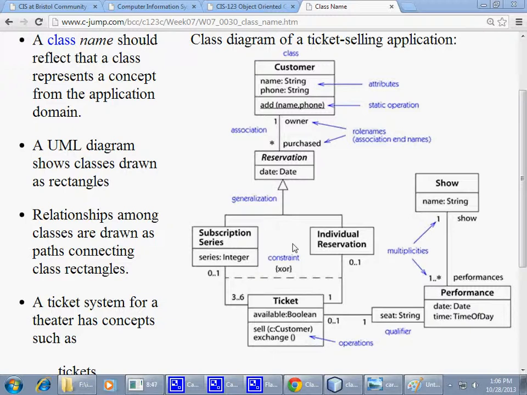I just have one question. The constraint part, does that just mean it is either subscription series or individual? Good question about the constraint. What is this constraint? The constraint represents an exclusive OR type of constraint. There could be a set of constraints, and exclusive OR says that all